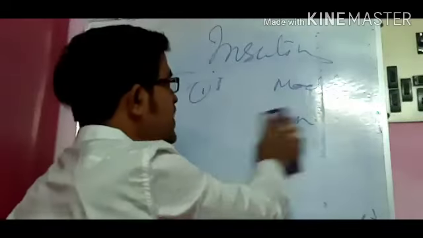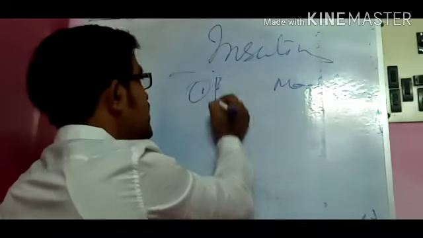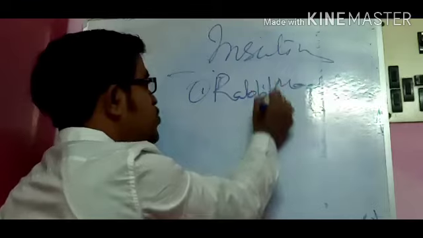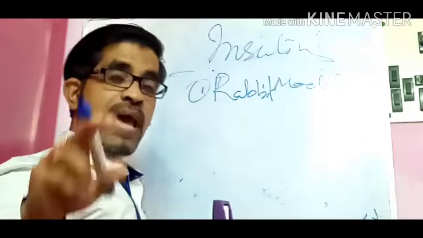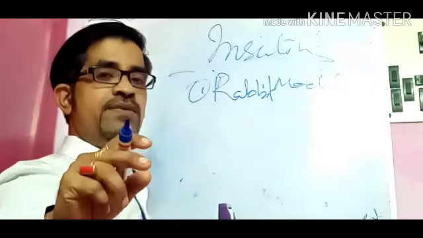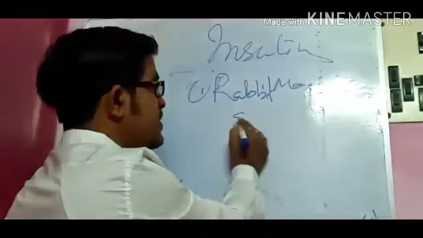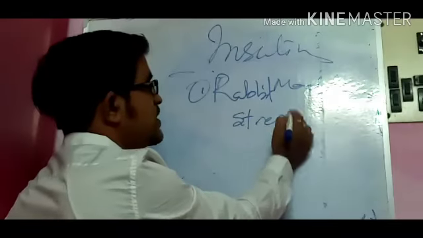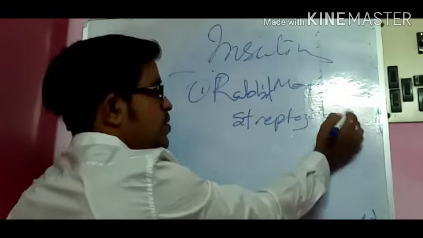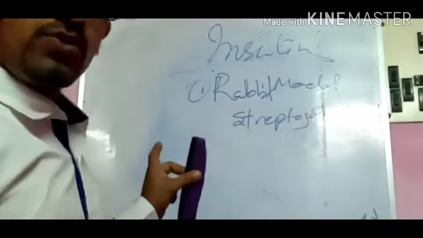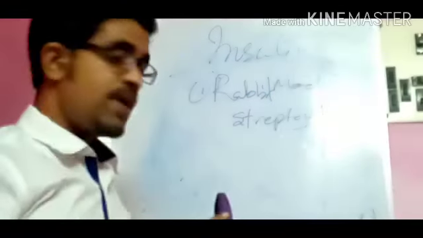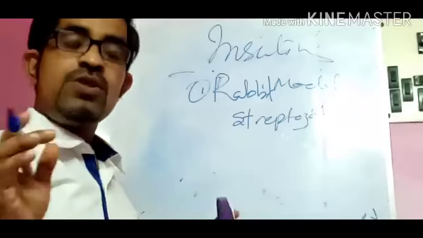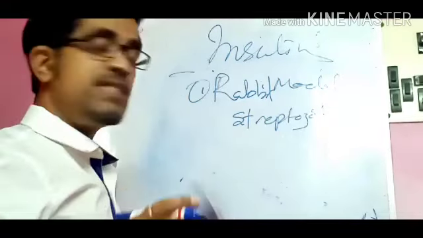If you are performing the same model, you can perform it in rabbit. Here the rabbit does not become diabetic by using alloxan. Alloxan is only applicable in the case of rat. So the rabbit responds better in the presence of streptozotocin. You have to inject streptozotocin into the rabbit. Same as the previous process, you take the animal, an adult rabbit, and this rabbit has to be injected with streptozotocin.